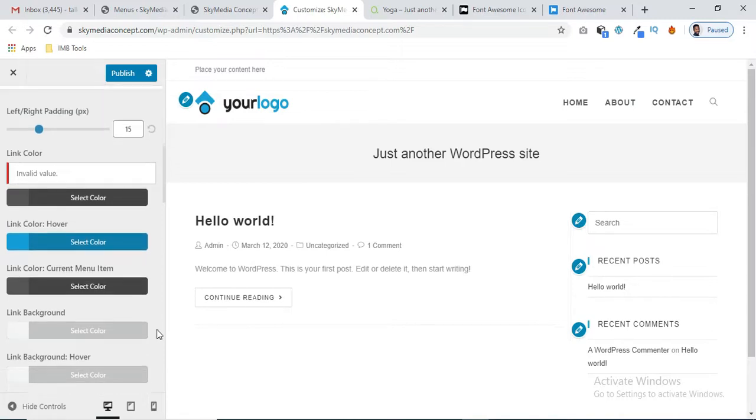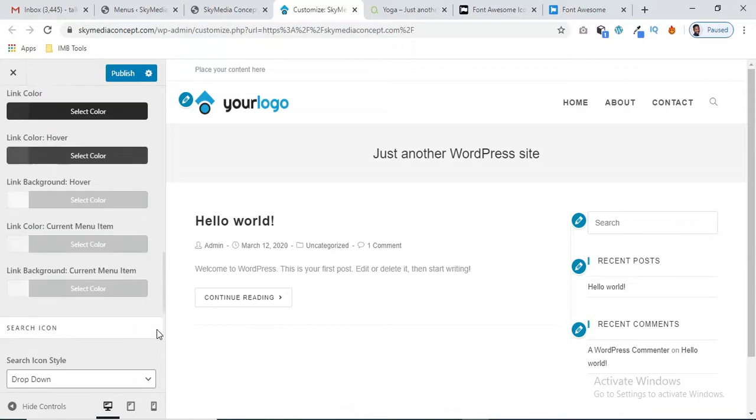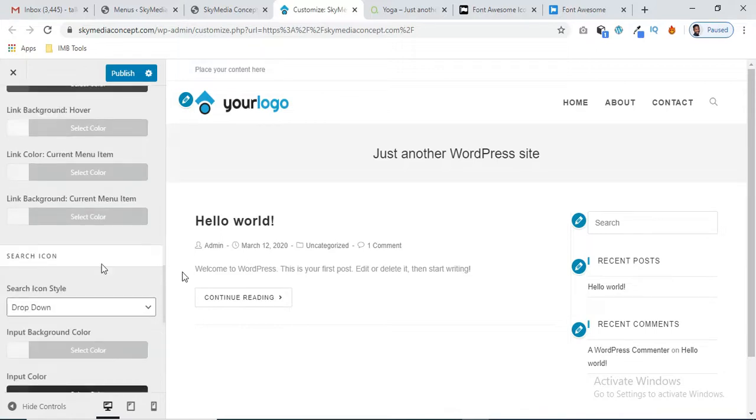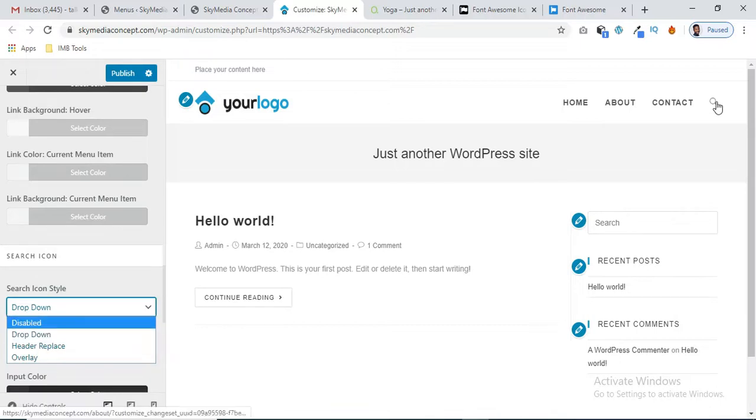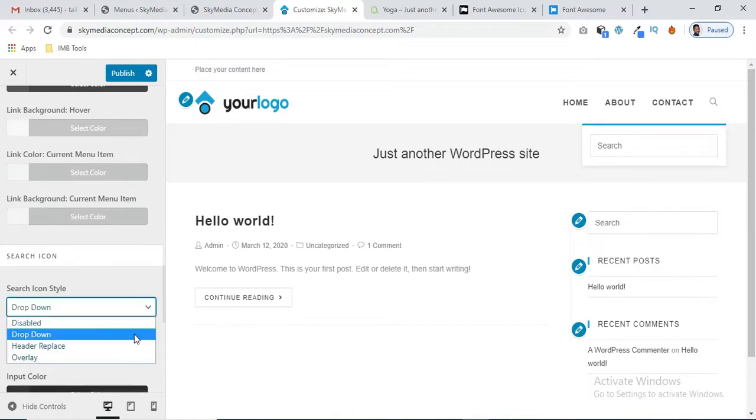Also, if you don't want the search icon to show, this is the place where you can change that. First of all, you can change the style. Right now it's on drop down, so if someone clicks on this, there'll be a drop down for the person to input, right? So if I change that to header replace, it will take off,